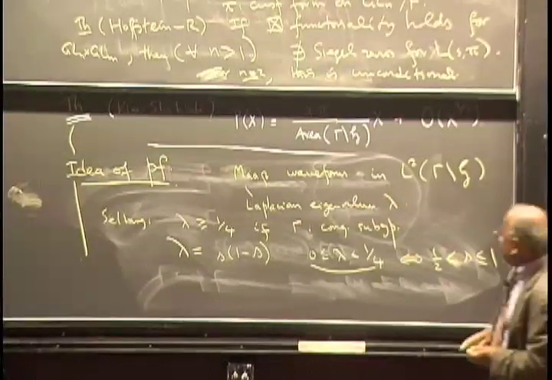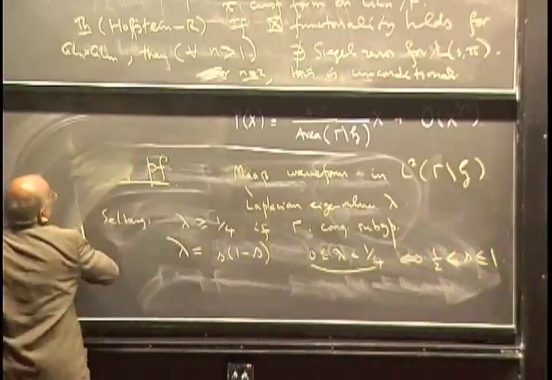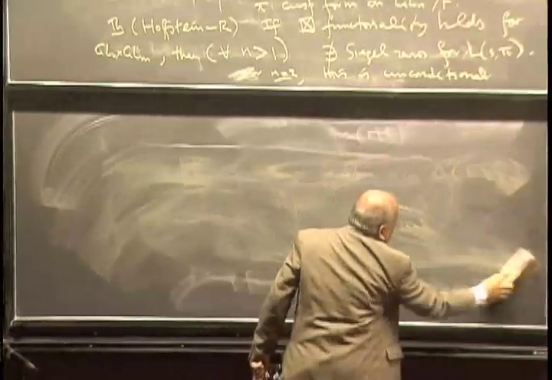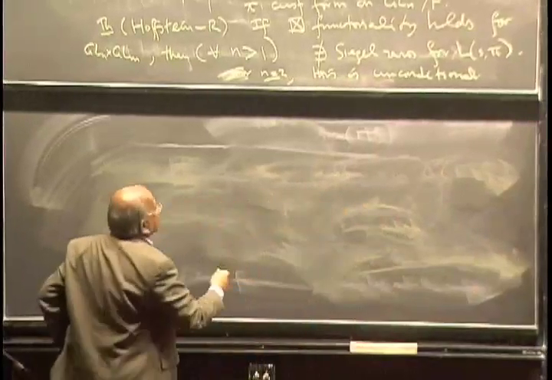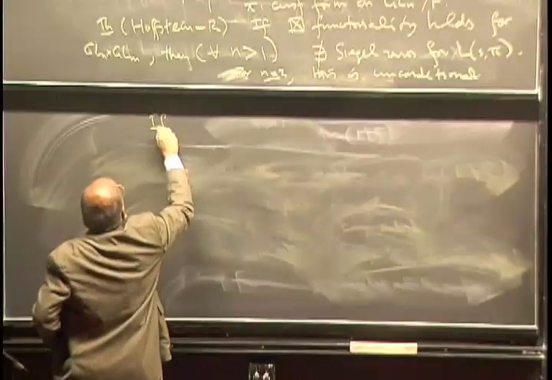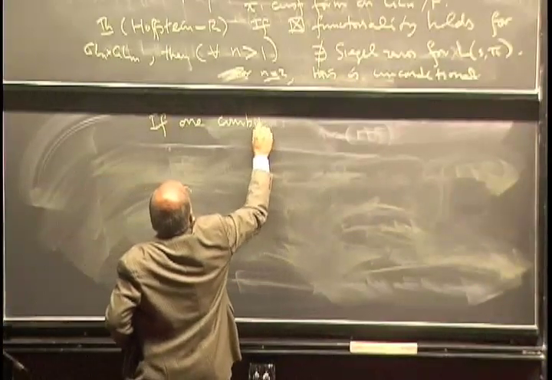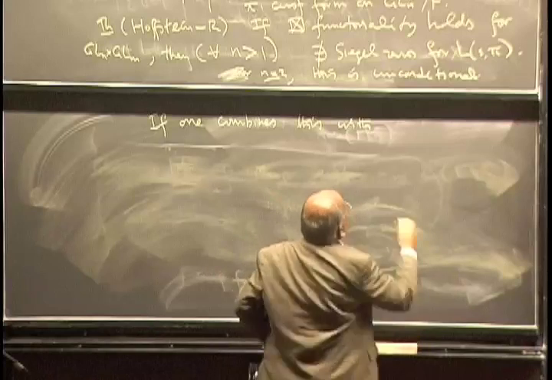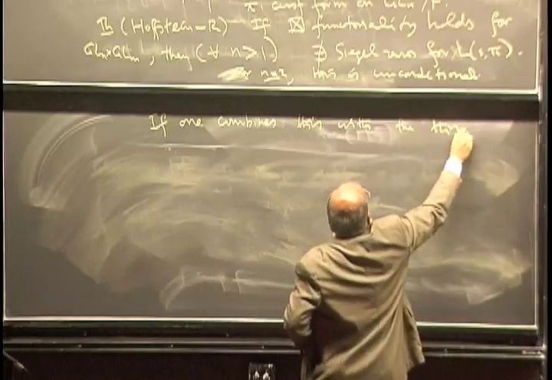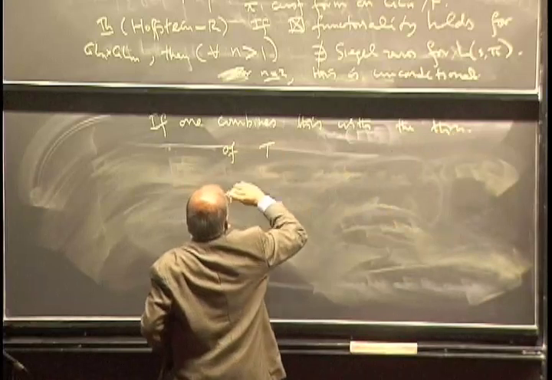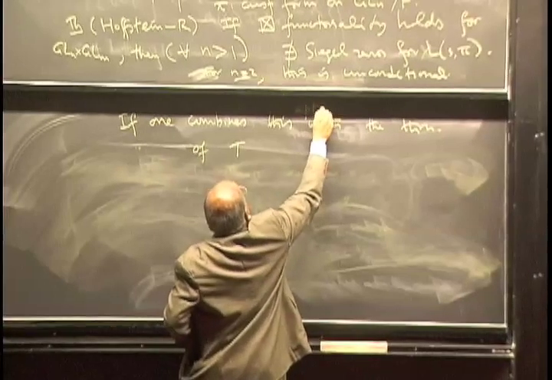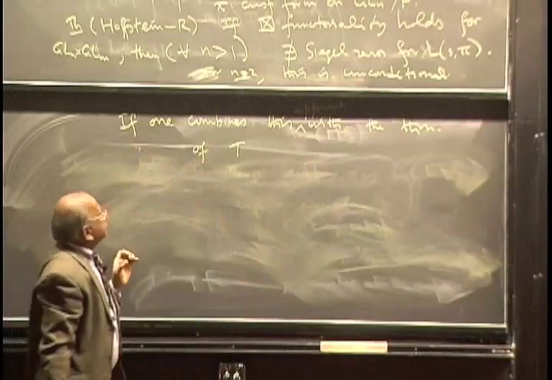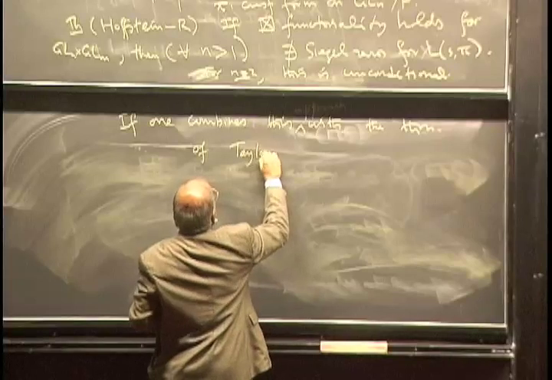The reason I thought I would mention it is that if one combines this with the theorem of Taylor, and there are really many different ways you can prove this, if you combine this with the theorem of Taylor, Harris, and